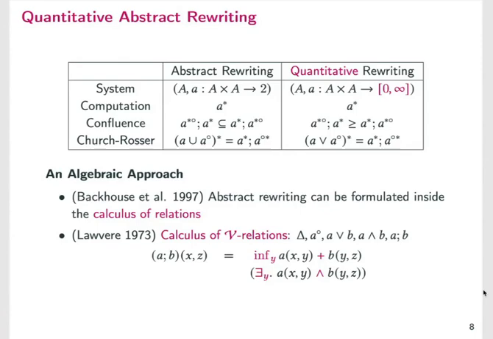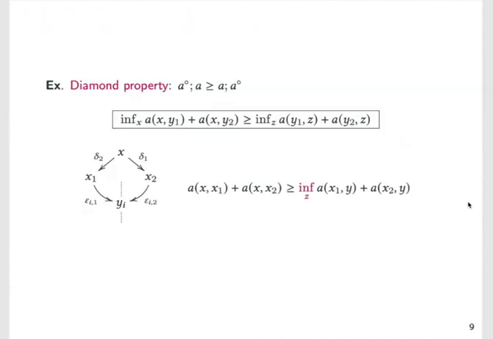But the point is that because we have all these operations, we can just take the relational definition of confluence, of computation, and many others, and simply rephrase them into the language of the calculus of quantitative relations. Now, of course, I said that these two calculi, these two algebras, are pretty close, but they are not exactly the same. So we can use this analogy to come up with definitions, but then we are not sure that the definitions we obtain are indeed the same. And in fact, there are some crucial differences.